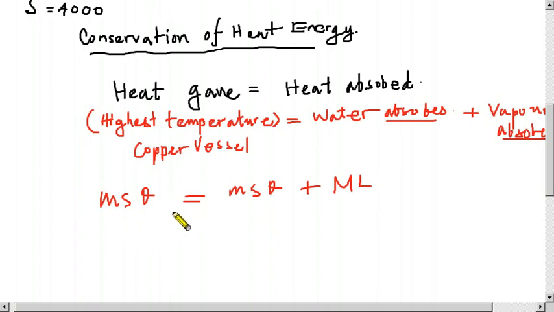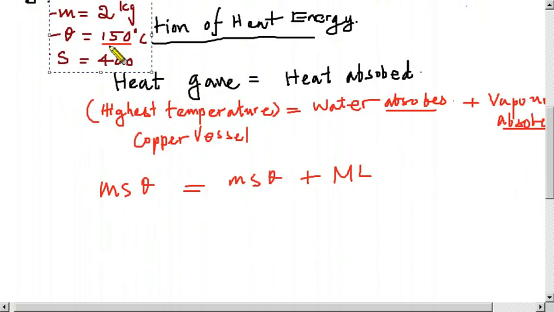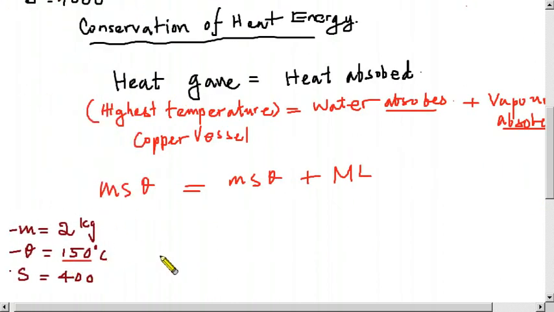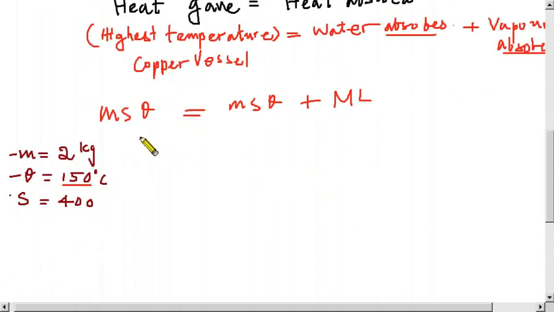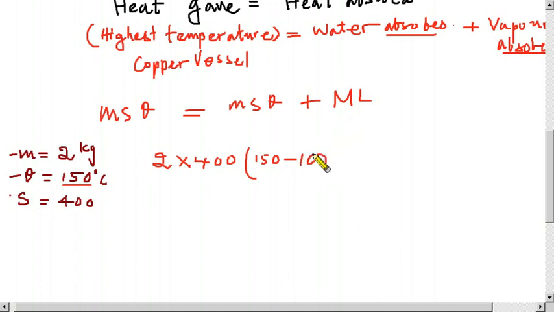Just for convenience we write just theta, the other thing is in our head. So now we have to substitute. So for convenience let us copy this amount of data here, so we can easily substitute. So we are going to substitute for this copper vessel ms theta term. M is 2 kilogram, S is 400, theta 2 minus theta 1 is 152, initial temperature has been 150, final temperature is this one 100. So minus 100 means directly we can write 50 without brackets, 50